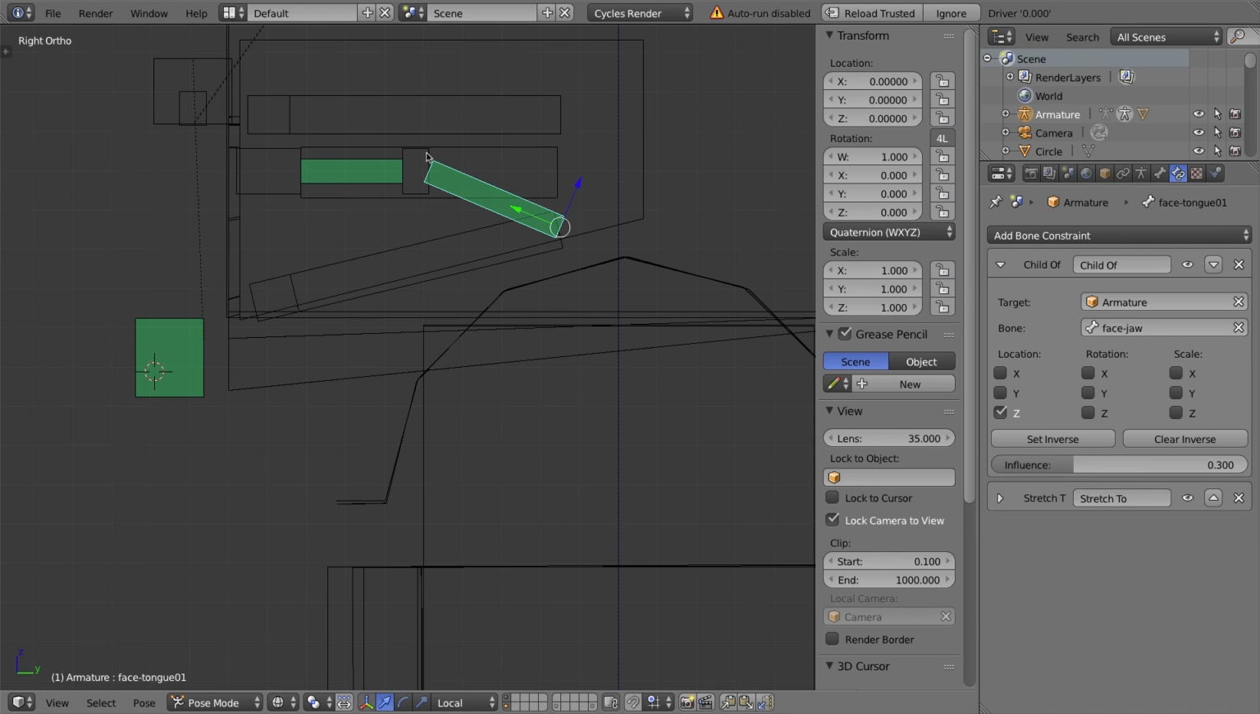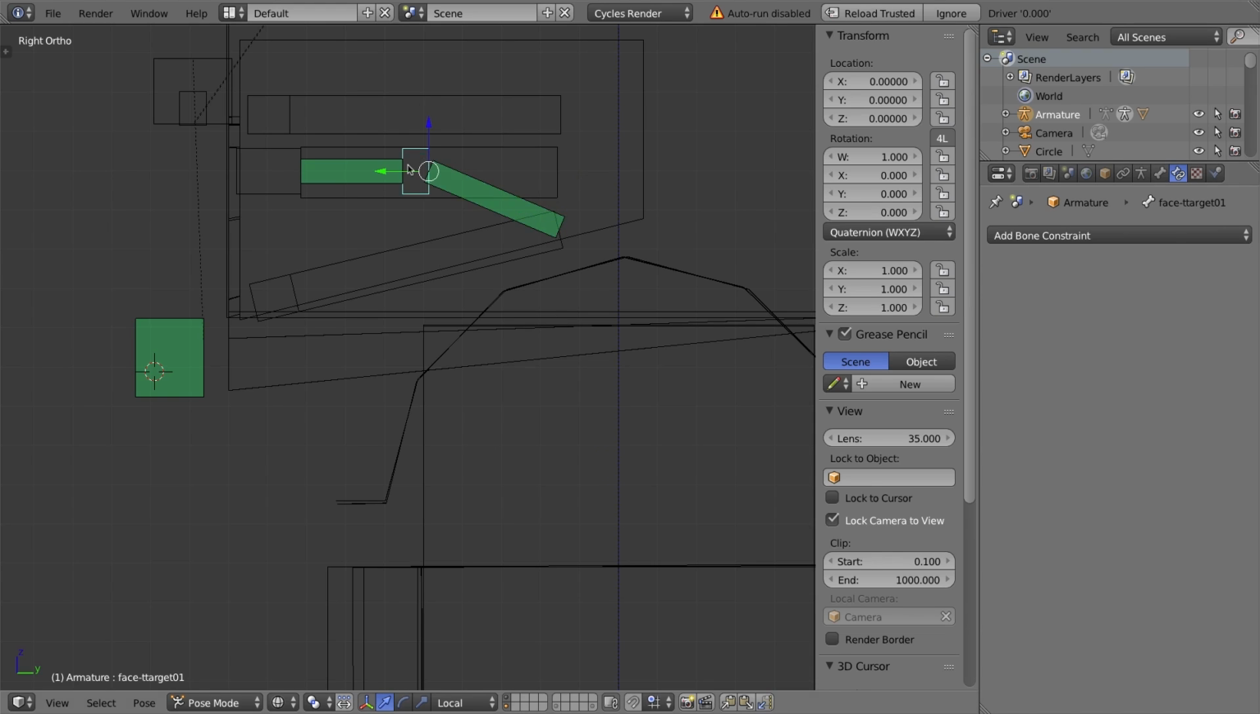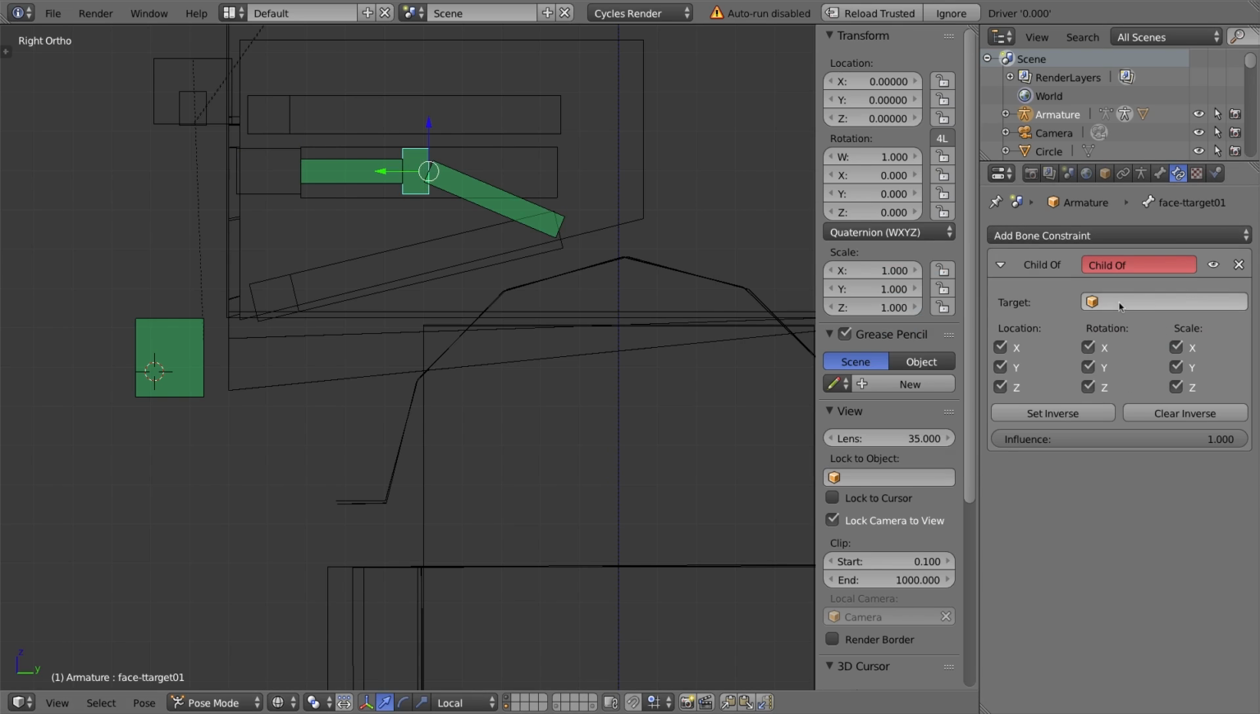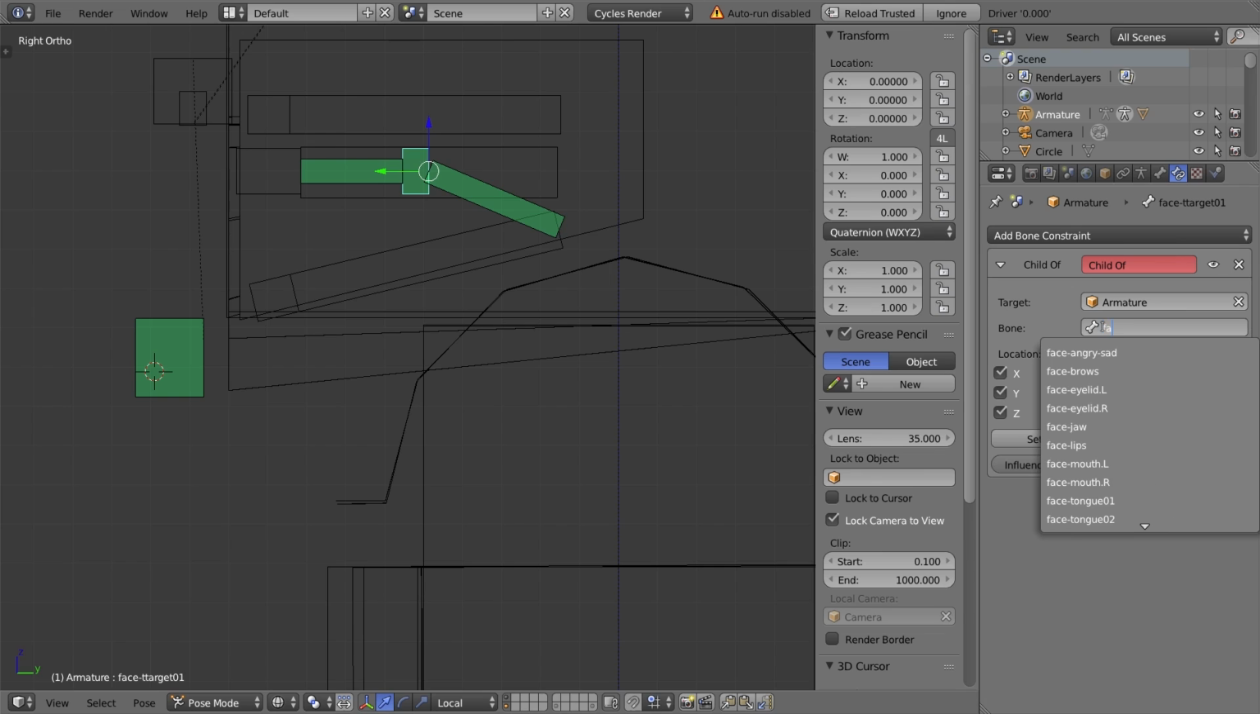Great, that looks great. So let's go ahead and add a child of constraint to that bone and that bone so the entire tongue moves down. So I'll select this bone. We're going to add a bone constraint to it in pose mode. We're going to add the child of constraint. I'll select the target, armature, and then